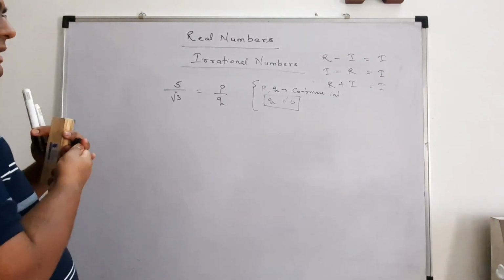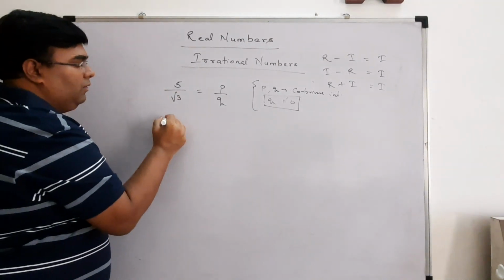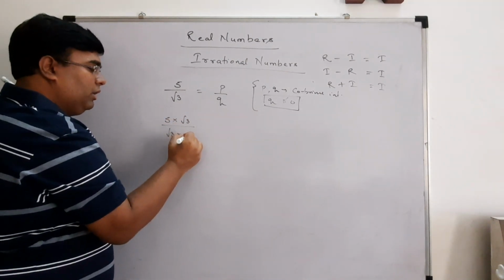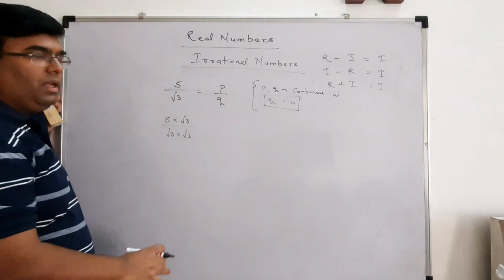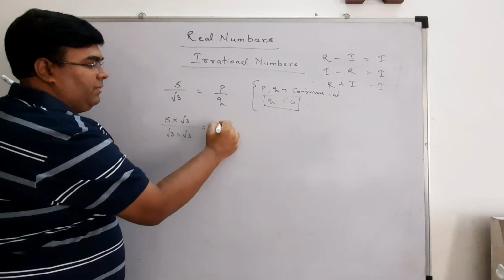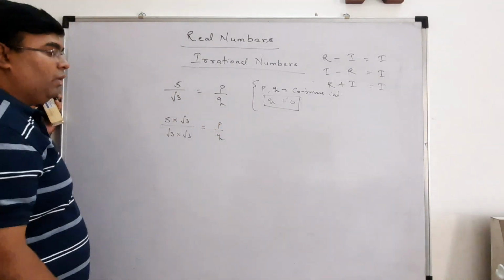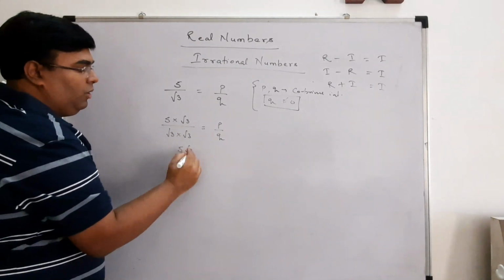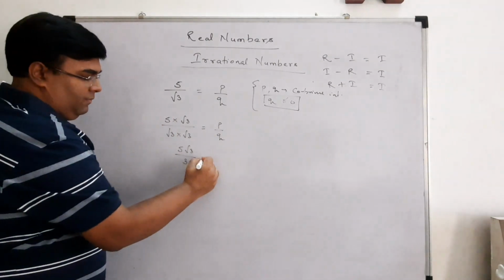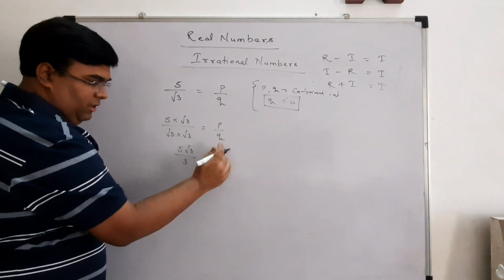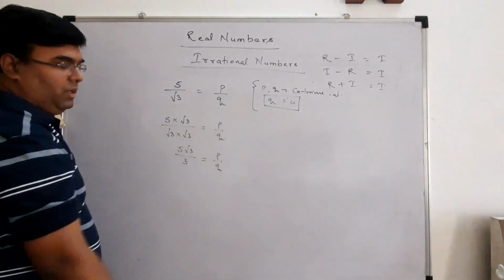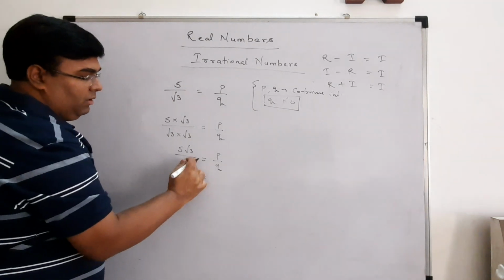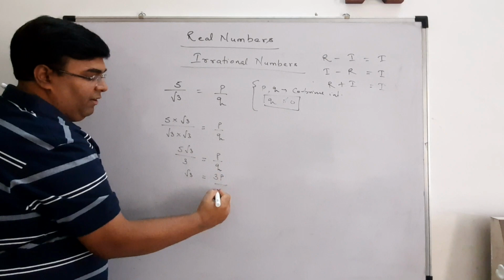Okay, so what we will do? We will rationalize it first. How? We will multiply LHS by root 3, numerator, denominator both. This is called rationalization. RHS is as it is. Okay. Now what will happen? This will become 5 root 3 upon 3. We cannot take the reciprocal as we have assumed only q not equal to 0, right? Now if you leave root 3 here, 3 will go there, 3p, and 5 will come down, 5q.